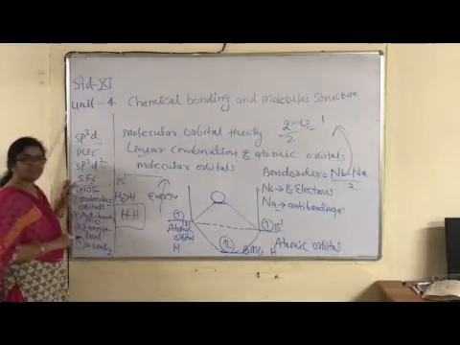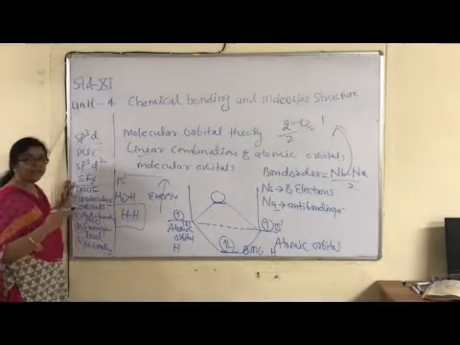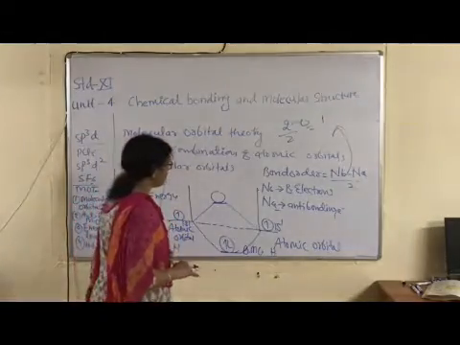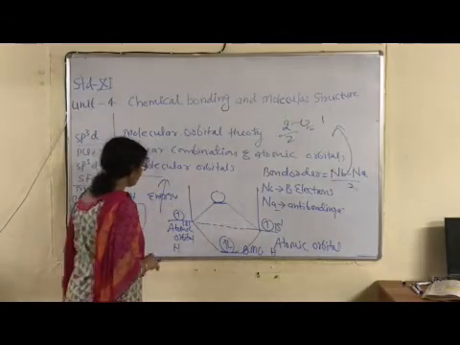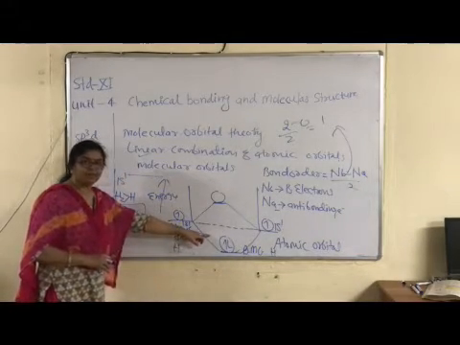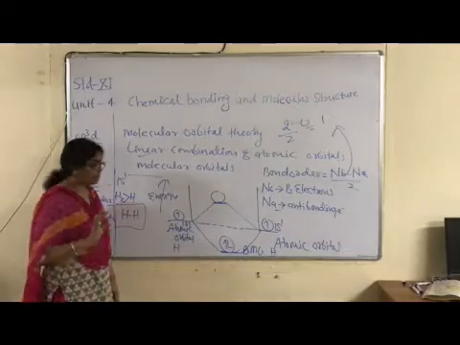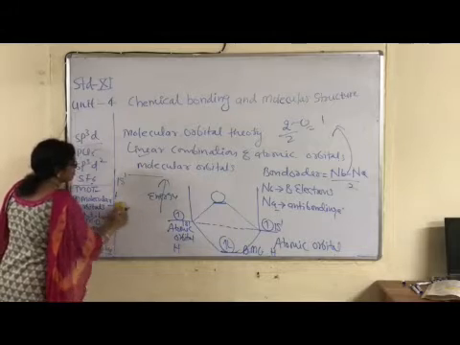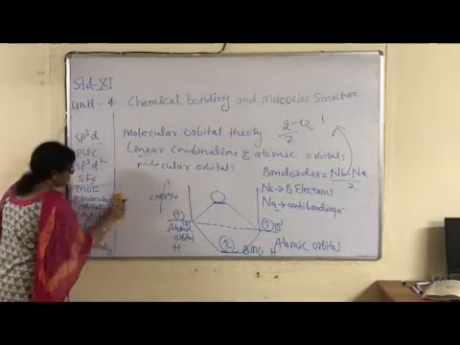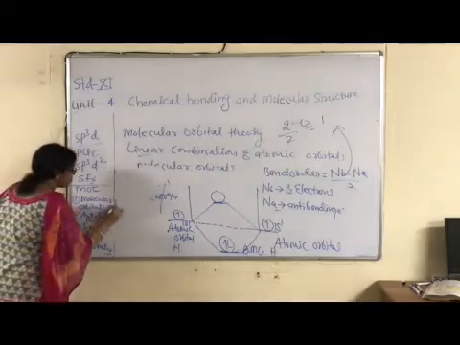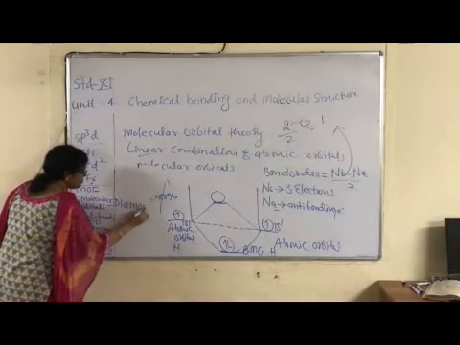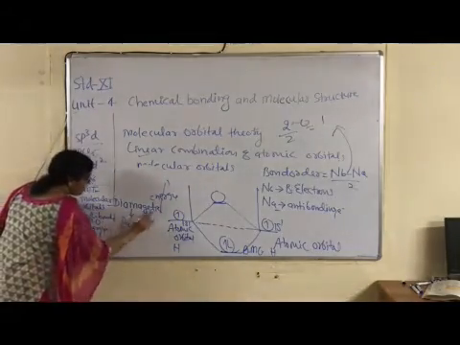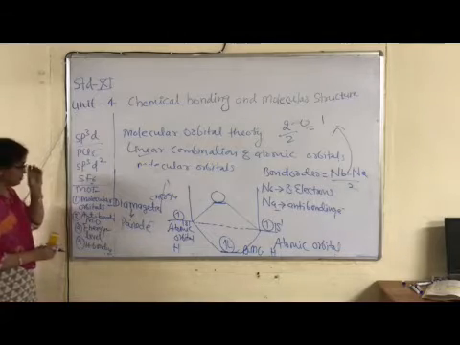This is the first significance. Second, prediction of magnetic property. Is this H2 molecule diamagnetic or paramagnetic? Okay children? Di means paired electrons are present in the molecular orbitals, and para means unpaired electrons. What is its magnetic nature? The hydrogen molecule shows diamagnetic property, or diamagnetism. Why? Because paired electrons are present, right?